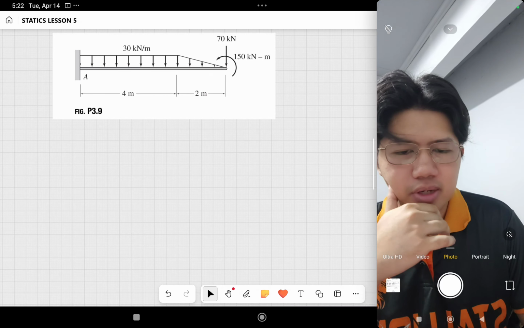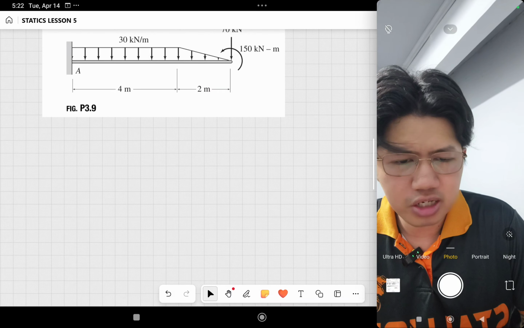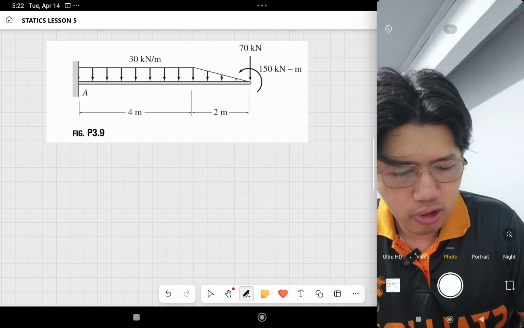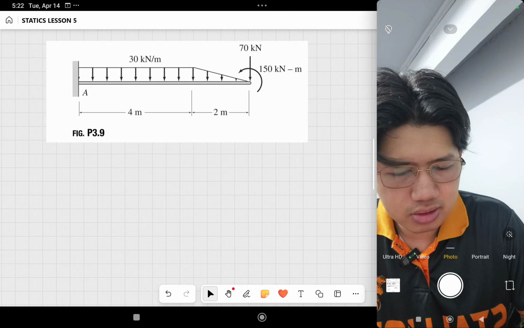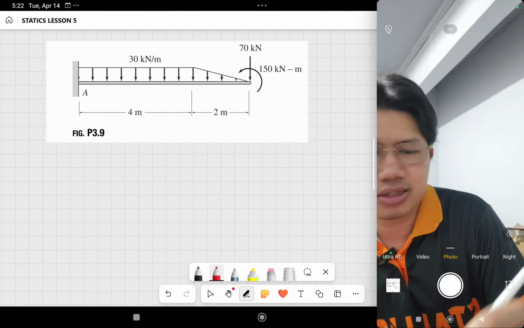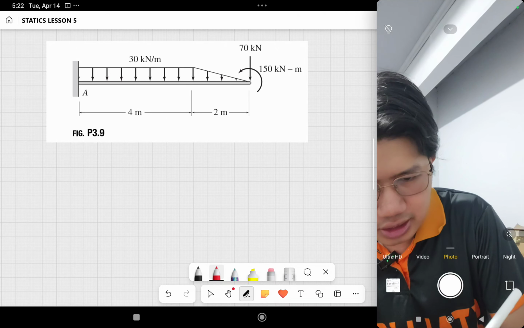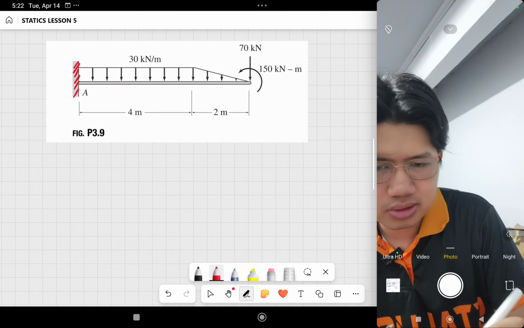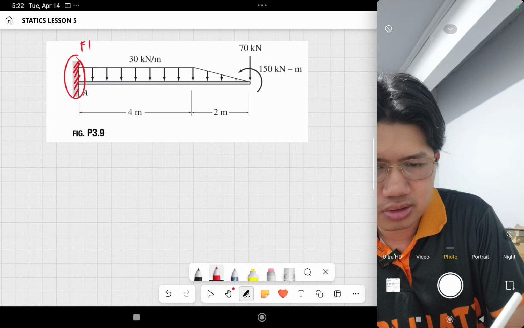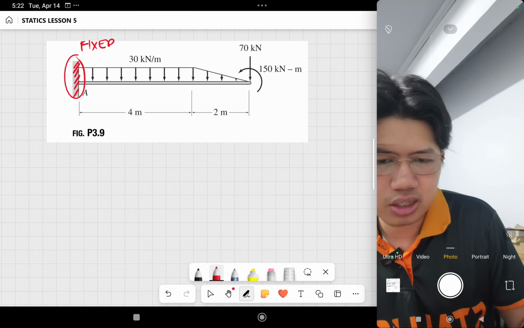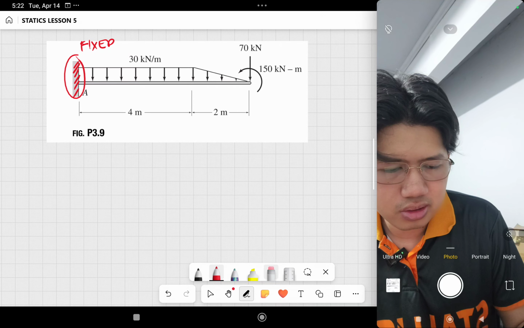Okay, so next problem, ang tinatawag natin dito is cantilever beam kasi it has a fixed support on one side, no? Cantilever beams are usually supported only on one side. Okay, so this is a fixed support. So pag fixed support,